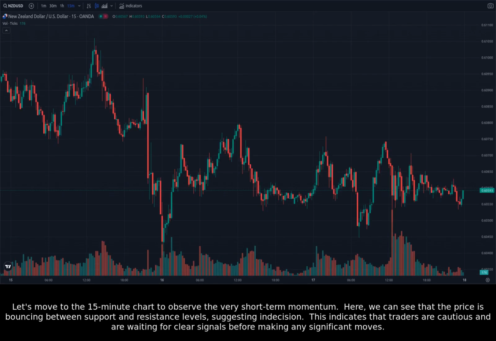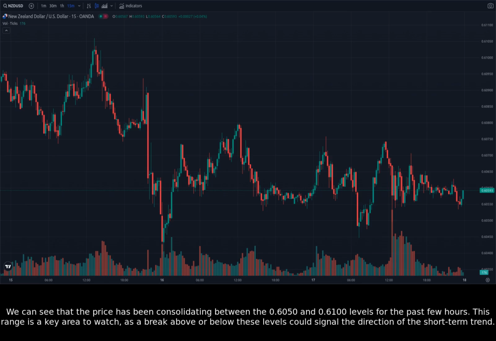Let's move to the 15-minute chart to observe the very short-term momentum. Here, we can see that the price is bouncing between support and resistance levels, suggesting indecision. This indicates that traders are cautious and are waiting for clear signals before making any significant moves. We can see that the price has been consolidating between the 0.6050 and 0.6100 levels for the past few hours. This range is a key area to watch, as a break above or below these levels could signal the direction